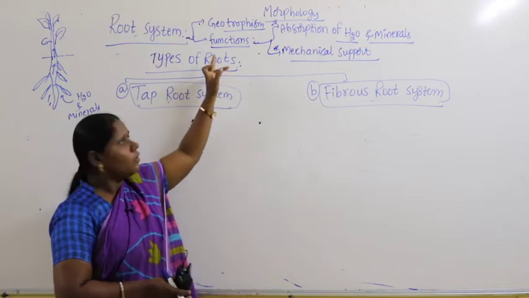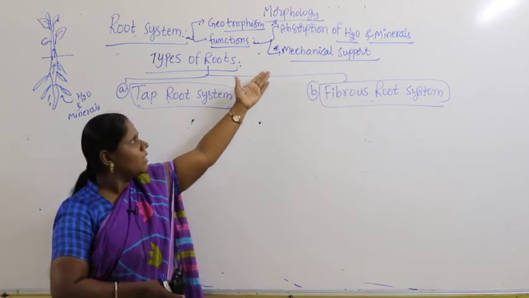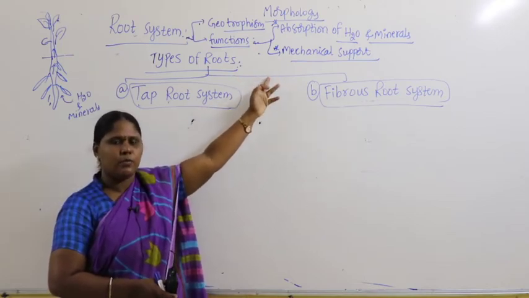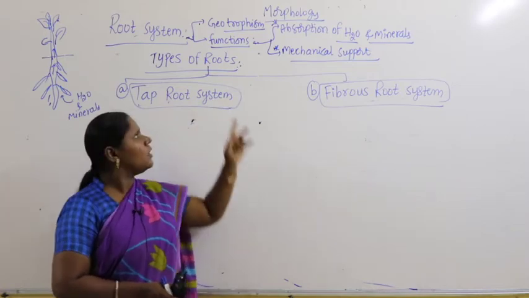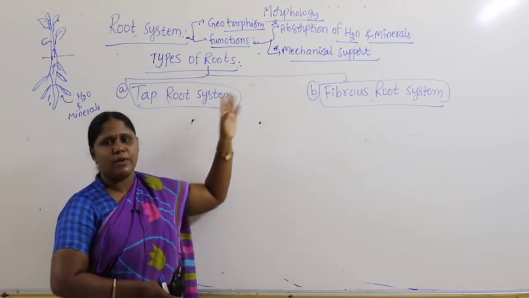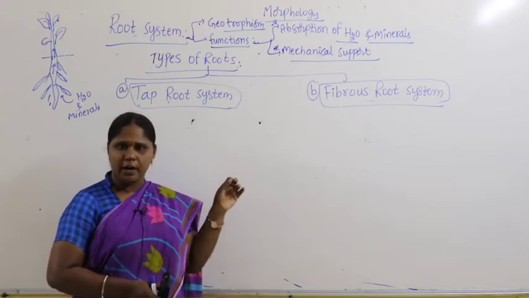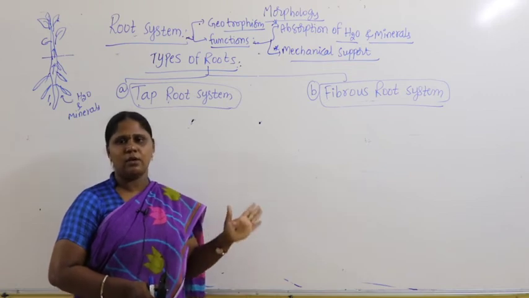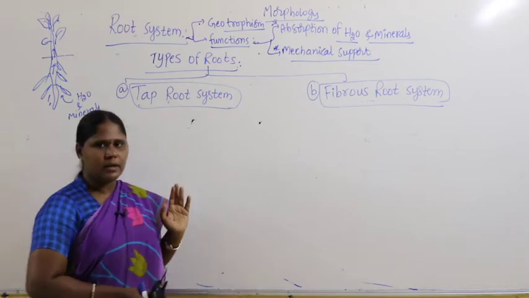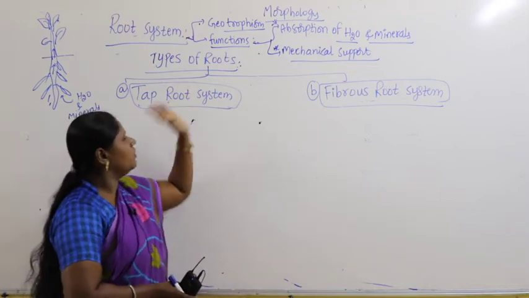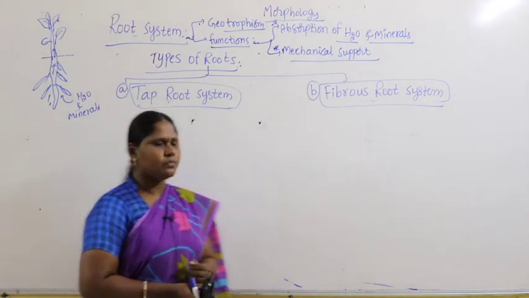Morphology, in that root system, write down the functions, you know that they are very basic points: absorption of water and minerals, and roots provide mechanical support. Now, from here we just started seriously the theory. Types of roots, we have two types. Start writing the points, try to listen to the video, try to understand the concept. Stop the video in between and start noting down the points. Right guys, let us continue. Types of roots: taproot system and fibrous root system.